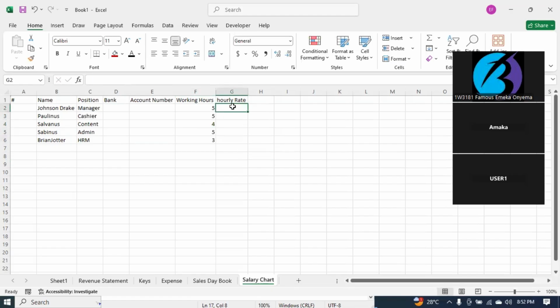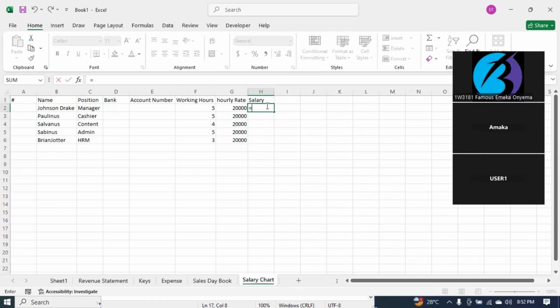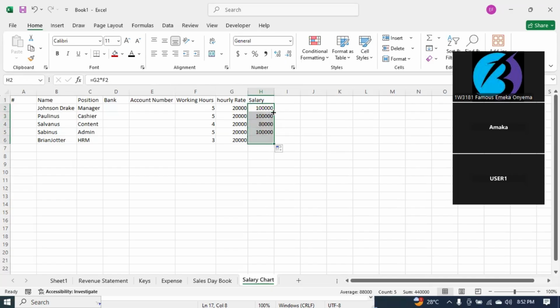And for every 1 hour, they get paid 20,000 naira. Hourly rate is 20,000 naira across board. Now this becomes their salary. Are we together now? Their salary is going to be number of hourly rates multiplied by the working hours. So something like this, and this could be the month,